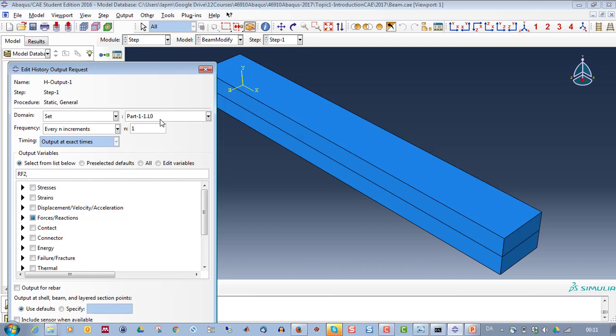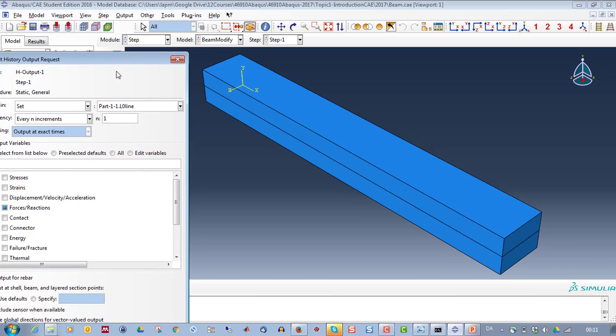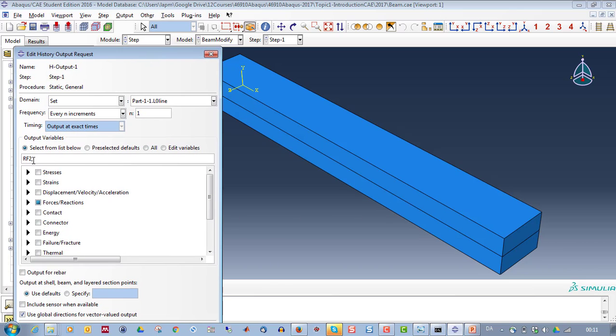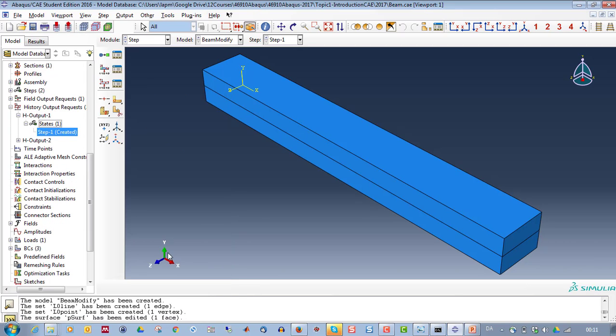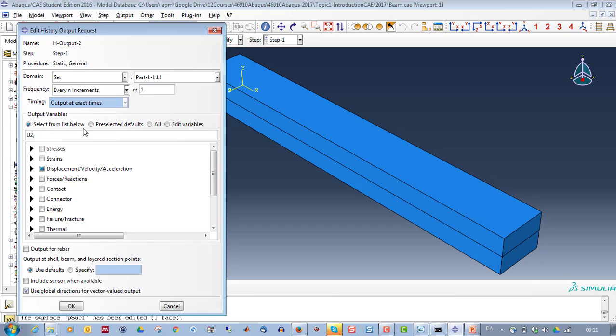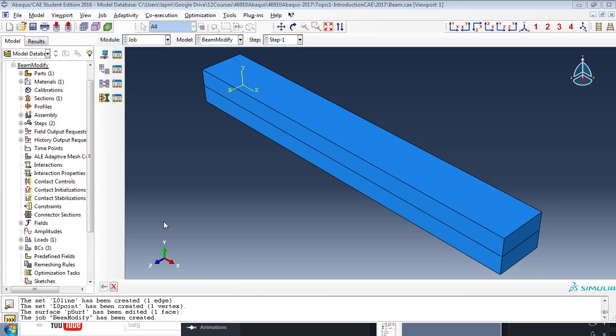Now it should not be along the L0 point, but the L0 line, because that was the line where we were defining the deflection in the U2 direction. And for the input, the other end here is L1, where we are getting out the deflection.